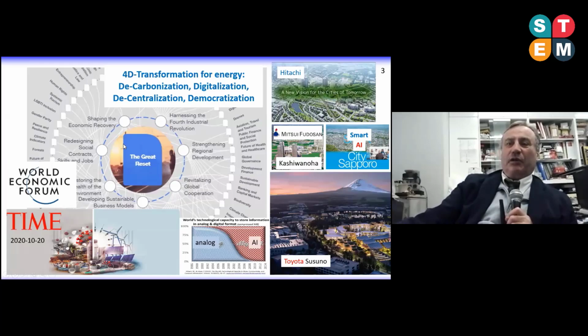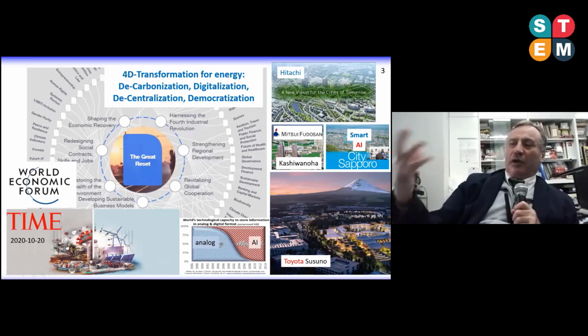There is a lot of discussion now about the buzzword, the Great Reset. In this Time paper, all the sins of the last decades, like pollution, plastic production, and virus, should be reset now, especially in the energy sector. There is the 4D transformation: decarbonization, not using any fossil fuel anymore, and then digitalization, the transition from analog to artificial intelligence. This will save a lot of energy, and big companies in Japan like Hitachi, Toyota, and Mitsui Fudosan are building smart cities to show in a small environment how to develop artificial intelligence